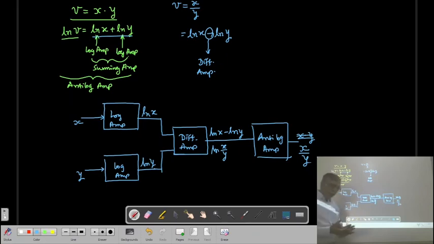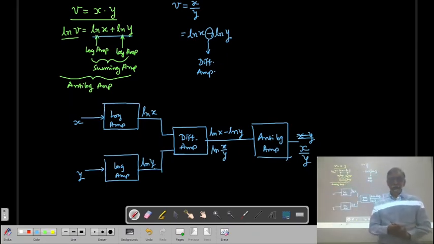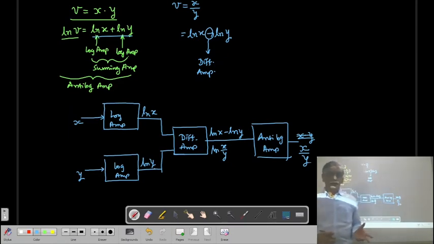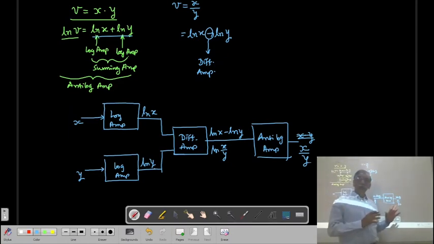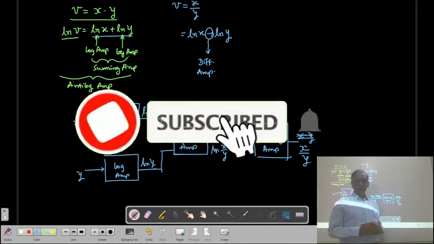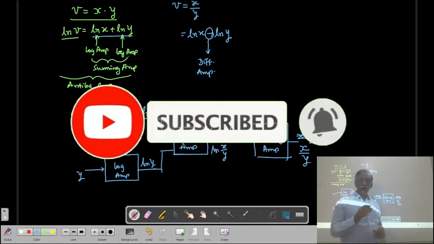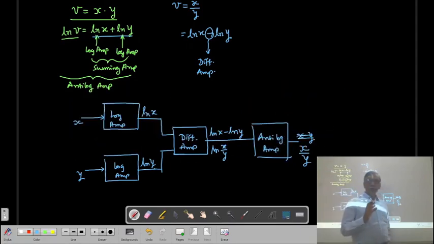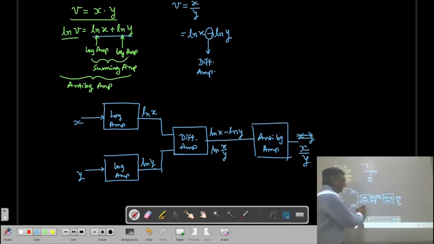So in this way, for the multiplication or the division of voltage or current, we can use the log and anti-log amplifier. You can also find the square of the voltage, meaning x square, y square, or the square root of the voltage, root of x. This is also used in a true RMS voltmeter. Because in an RMS voltmeter, we have to divide by the root 2 factor, and we have to take the integration. So in that case, the log and anti-log amplifiers are used for measuring a true RMS voltage.